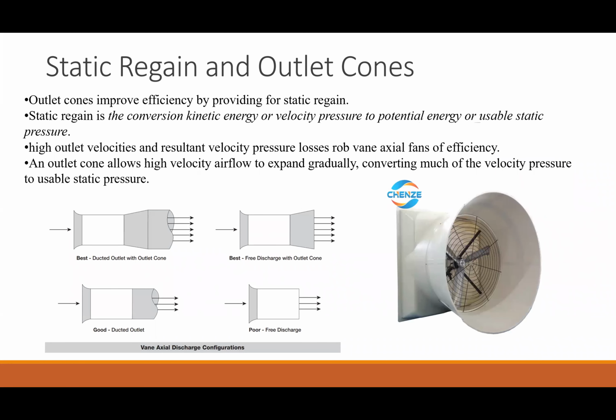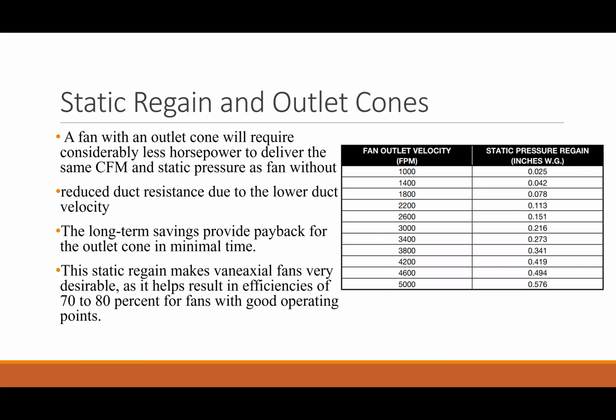Another way Vaneaxial fans improve efficiency is through static regain. Static regain is the conversion of kinetic energy or velocity pressure to potential energy or usable static pressure. Outlet cones, also known as diffuser sections, improve Vaneaxial efficiency by providing for static regain. This is important because Vaneaxial fans are typically high-volume air-moving devices with relatively high outlet velocities. These high outlet velocities and the resultant velocity pressure losses rob a Vaneaxial of a significant portion of its total efficiency. An outlet cone installed on the discharge end of a Vaneaxial fan allows high-velocity airflow to expand gradually, reducing